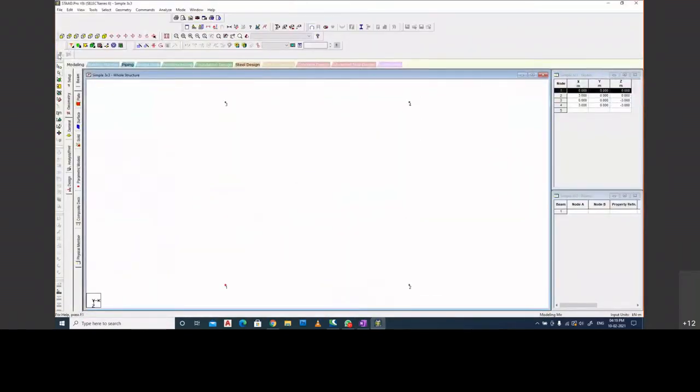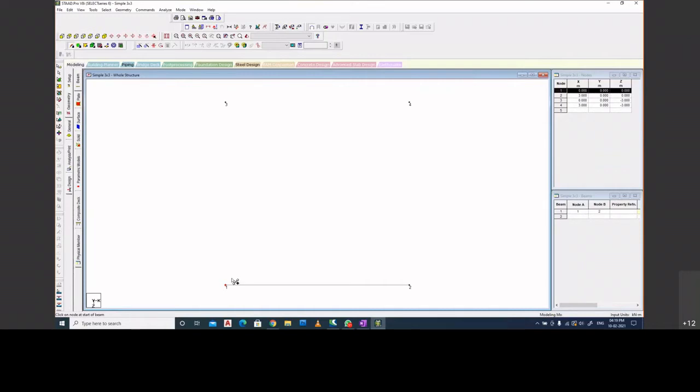Here you can see you have different types of beams. Two noded beams are there. Let us select this segment beam and I'll connect from node 1. I simply click on it, release the mouse button, come to node 2, click again. This way I have created one beam.